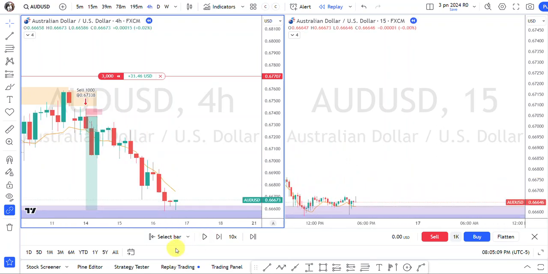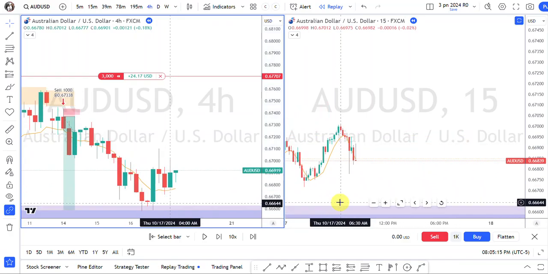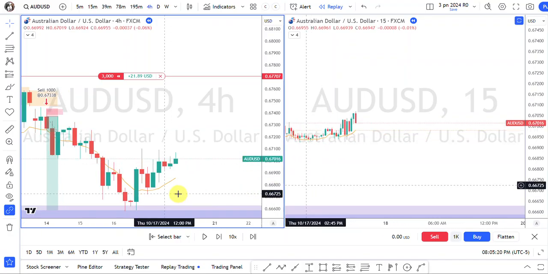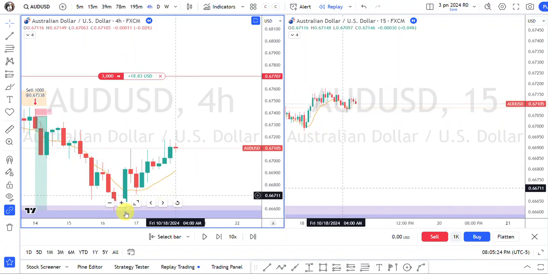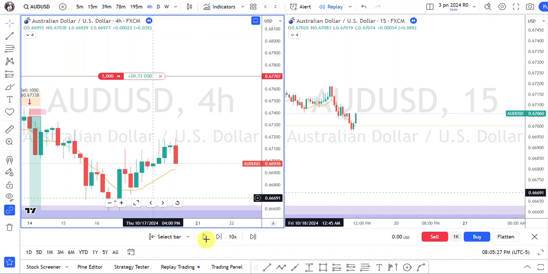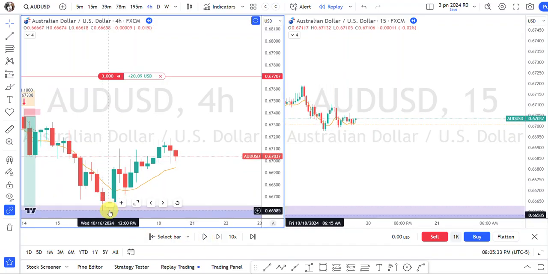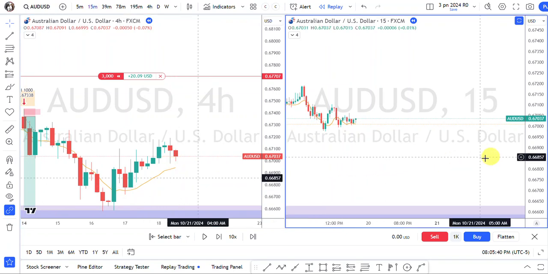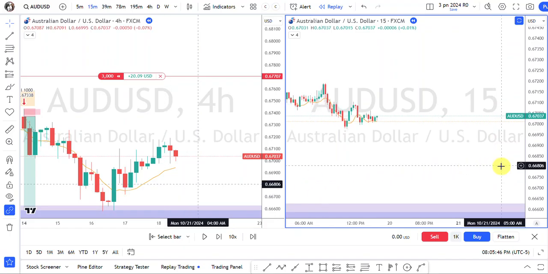So now, just press pause. We're going to go back here, just let it finish playing out the day. Okay, I'm waiting for it to finish playing out the day. Stopped it. But it came down to that target and it bounced rather strongly. That's why you pick out these order blocks. So you know high probability targets and entries. Because that was our target,